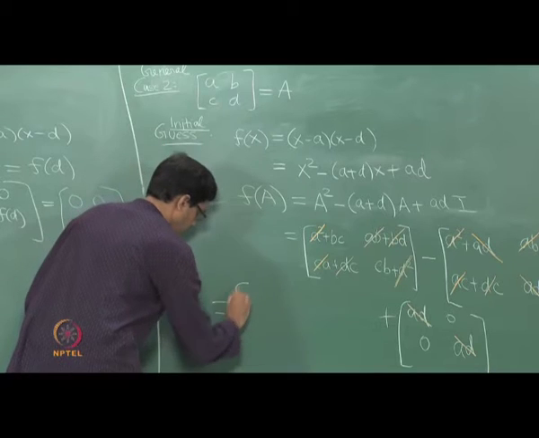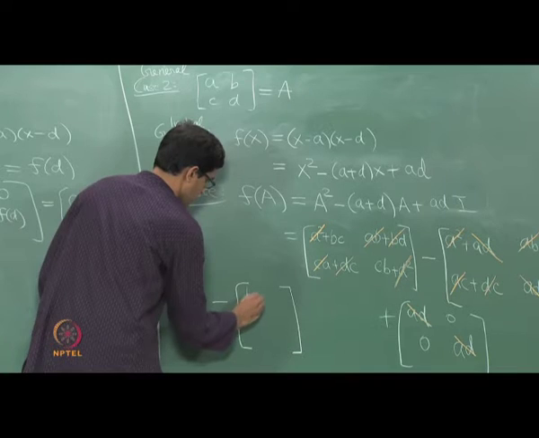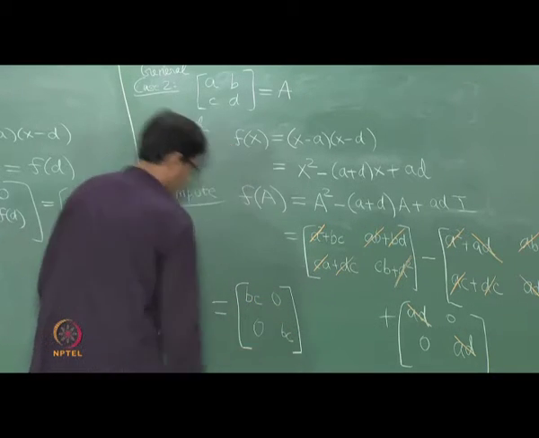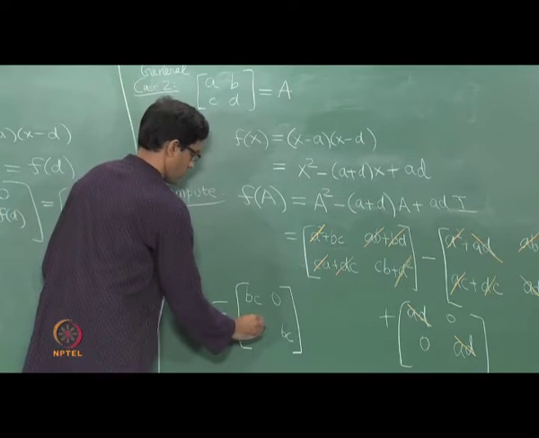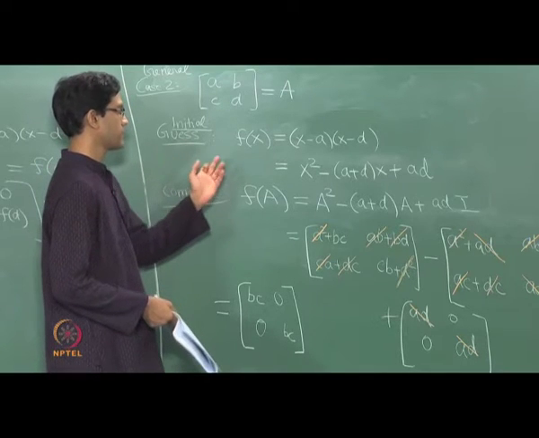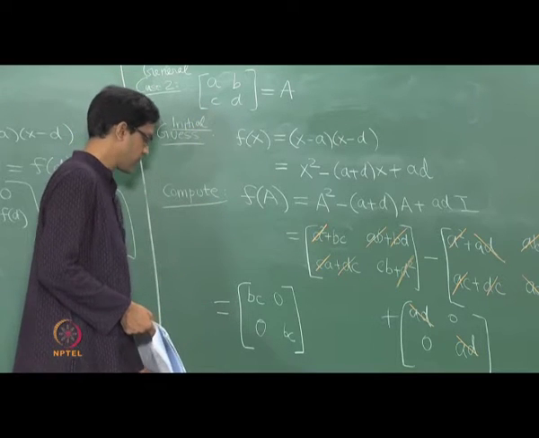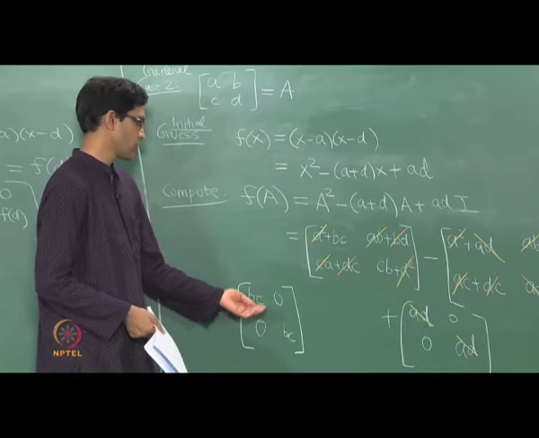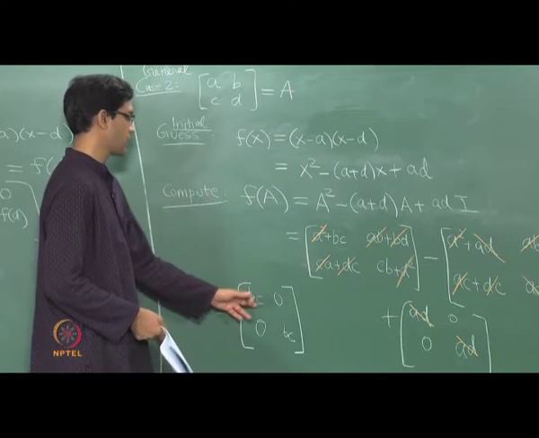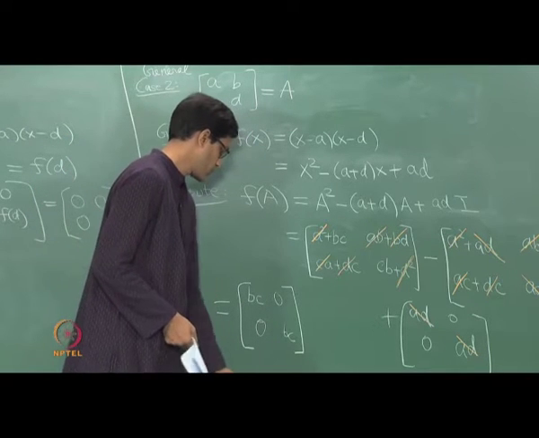So, this finally leads to the following answer. I am only left with two surviving terms, there is a bc and a bc, with zeros elsewhere. Okay, so which means that our initial guess is not quite correct, because if I apply this polynomial f of x to the matrix A, I do not get the zero matrix, because I have assumed of course that b and c may be non-zero. So I would get the zero matrix if at least one of b or c is 0, but here unfortunately it is not. So what do we do?